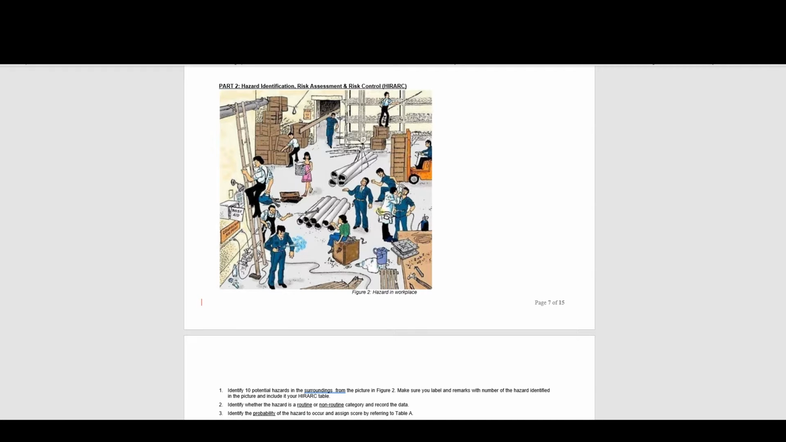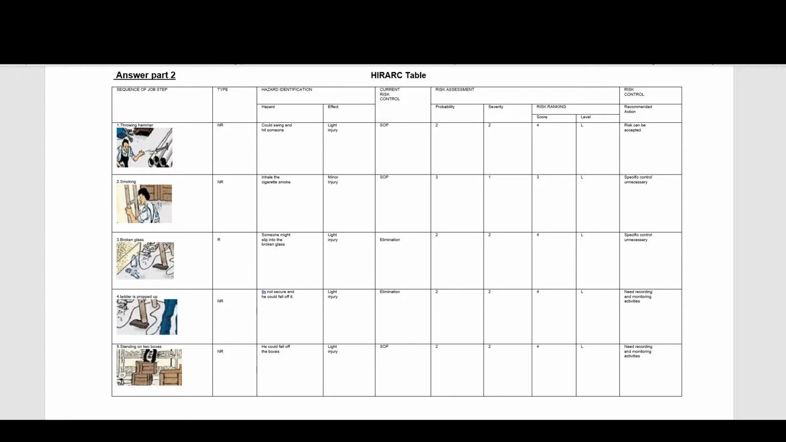Okay, for part 2, the question asks about hazard identification, risk assessment and risk control, also known as HIRARC. The question asks to identify 10 potential hazards and to construct and complete the HIRARC table. As we know, the HIRARC table consists of the sequence of job step, the type, then the hazard identification,